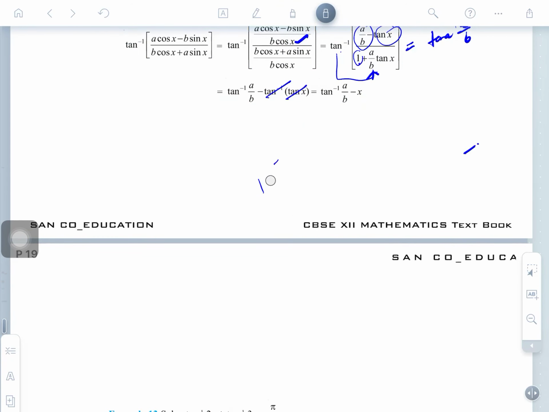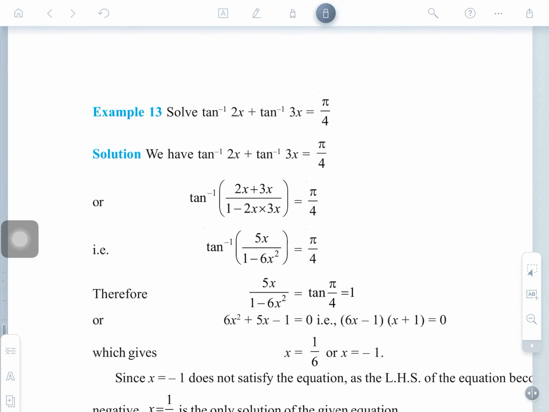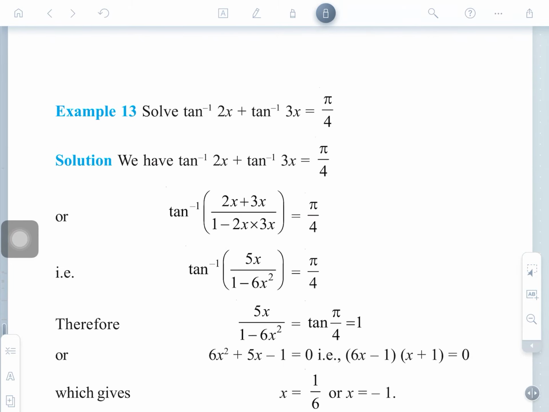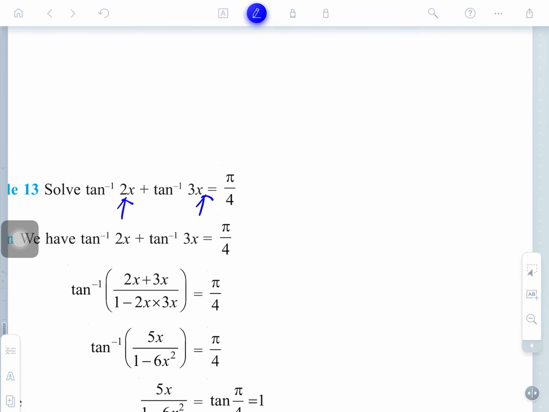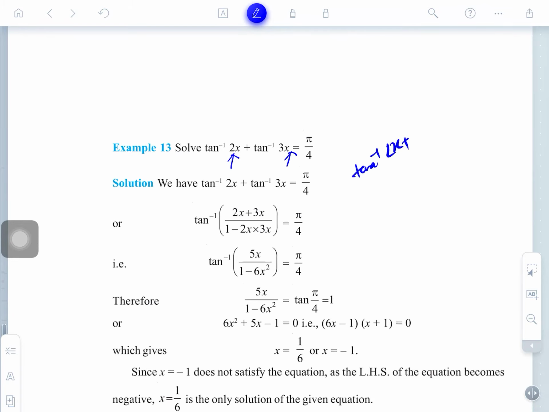So now the next question is also to be done by you. Can you solve this or not? What decisions are to be taken here? Obviously it's tan inverse of one domain, tan inverse of a second domain. Directly the formula for tan inverse of x plus y. Okay, how can we do this? I am telling this, it's very simple.